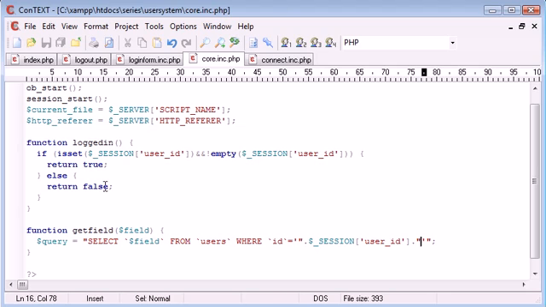Okay, so this is getUserField, we can call this, because it's only selecting from the table users. So getUserField, and we specify a field in here. Then what we need to do is we need to execute the query. So query run is equal to mysql_query,